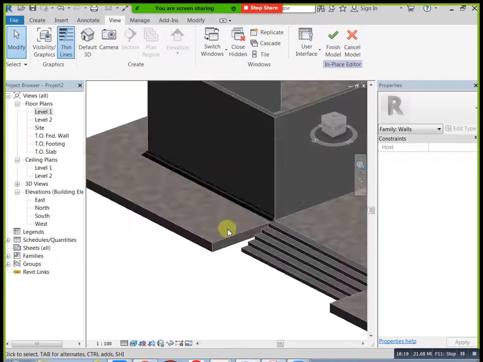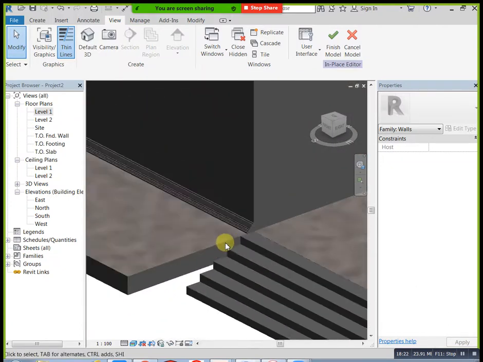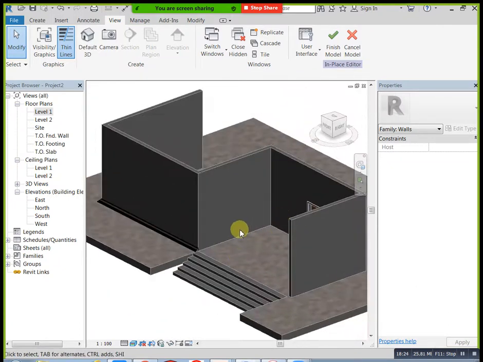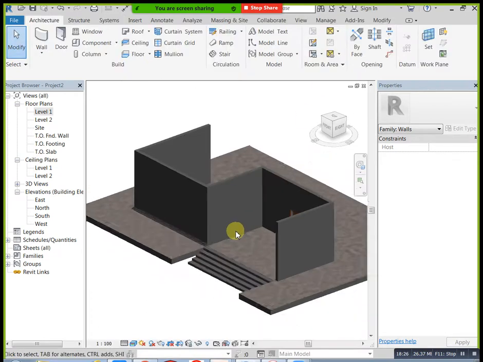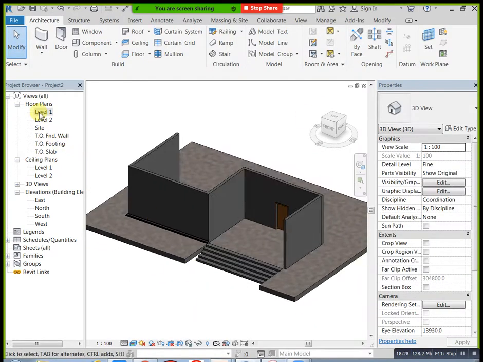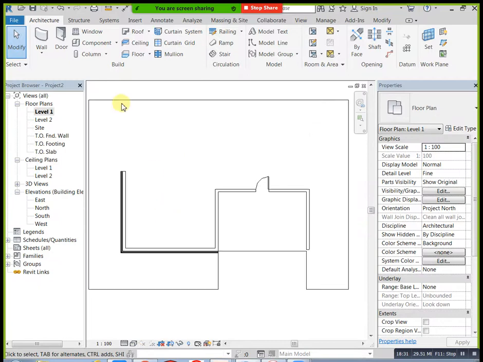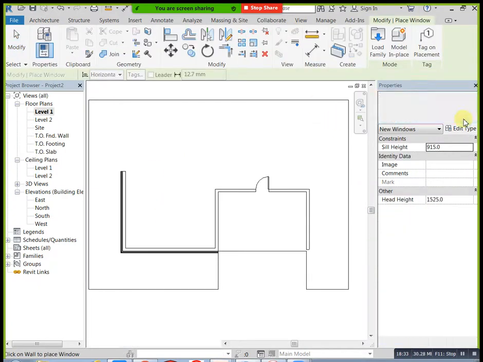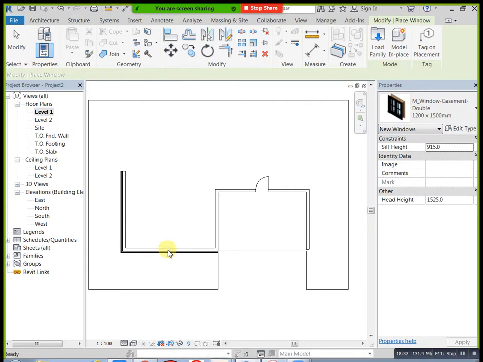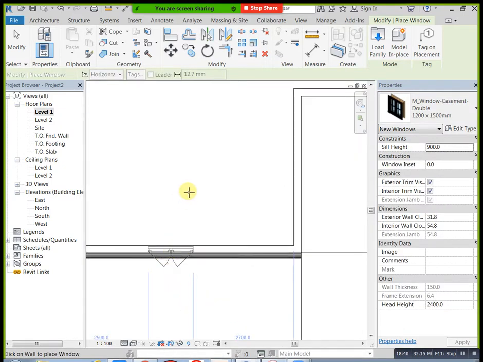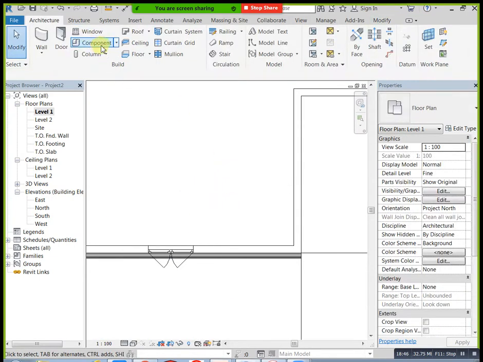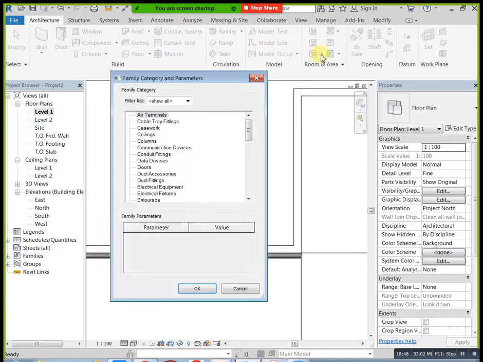Now go to level 1. Here you can apply your window. For example, window size this one, you can apply it here. Then I need to create window design. Just go here, model in place, walls. Okay, then view, I need to create here design. Just go here, set plane, pick plane.